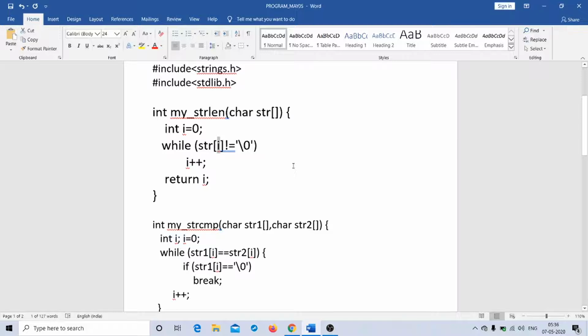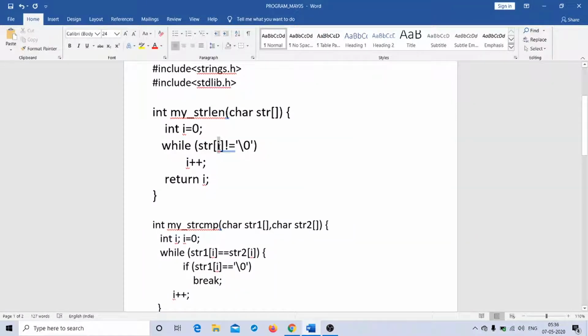So hello will be stored where h of hello will be stored first, that is str of 0, then in str of 1 is e, then llo, and finally at the end of the string you have a null character. We have already seen this in the theoretical concept, so I'm not going to go into deeper aspects right now.